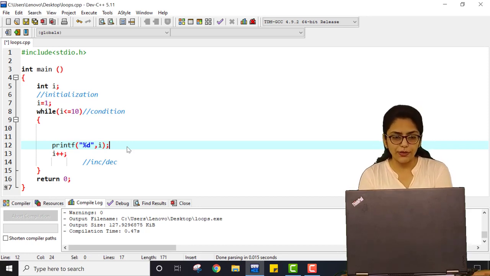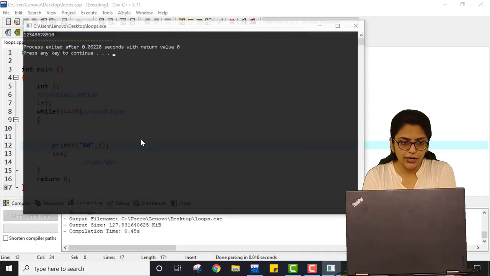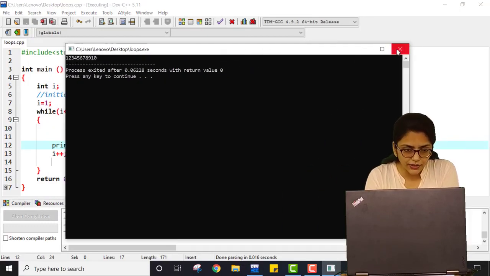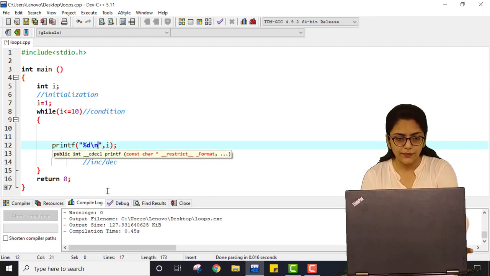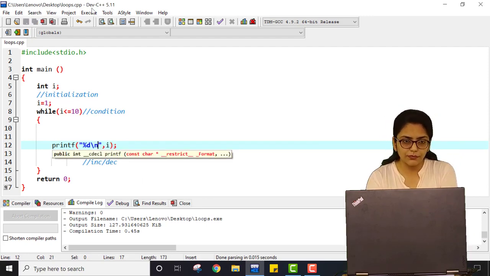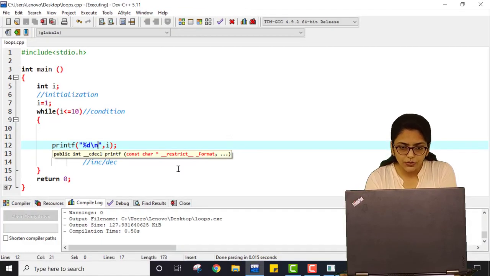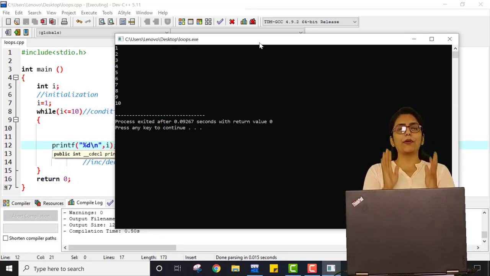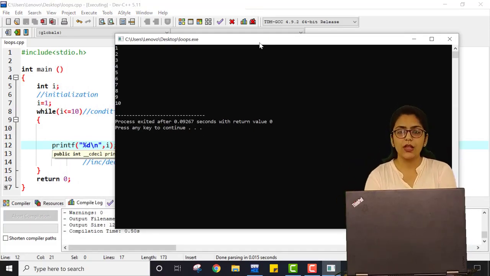If I copy this, save it, compile it and run it, you can see it over here. As I have not given a new line, if I give a new line over here, then you will get a better output. If I compile it and run it, you can see the output over here. So I am getting a perfect output, whether I am using a for loop or a while loop.